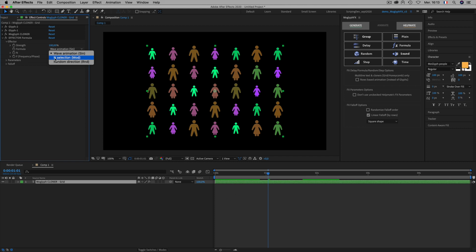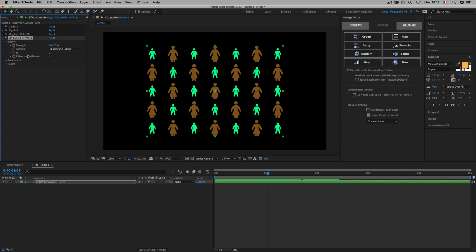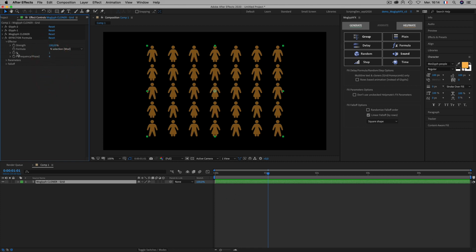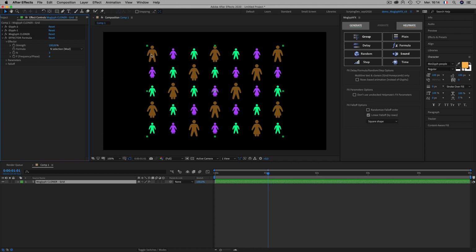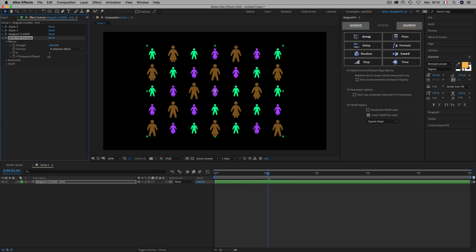The modulo selection allows you to affect each clone over the n number here. So if I have 1 here, it means that it will affect all the available clones. But if I type 2, it will affect only 1 clone over 2. If I type 3, it will affect only 1 clone over 3, which is pretty cool. So you can offset the ID of the affected clones by just playing with the F value, which stands as